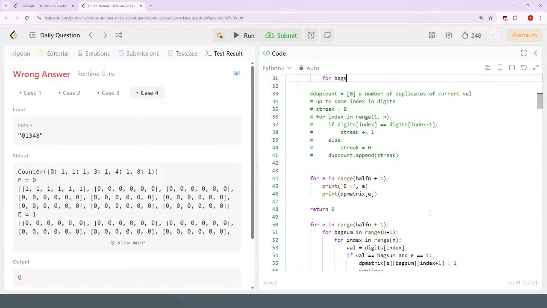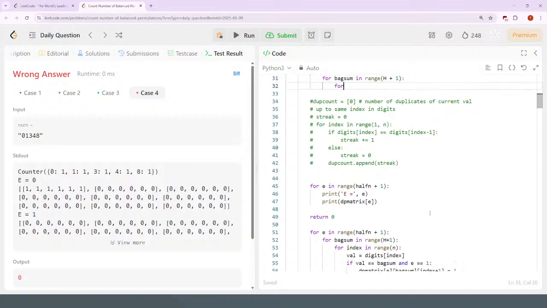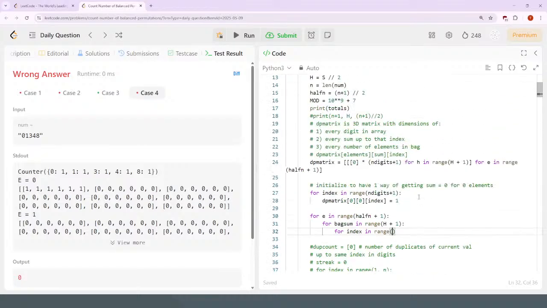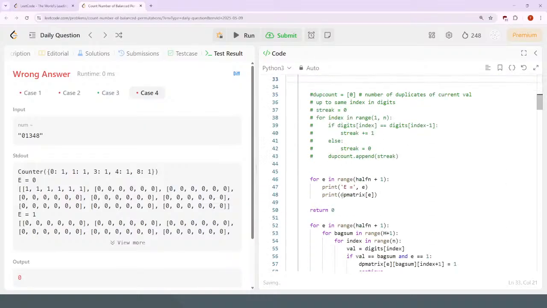For the bag sum in range of half plus 1, and for the index in range of the number of digits plus 1. Okay, and then